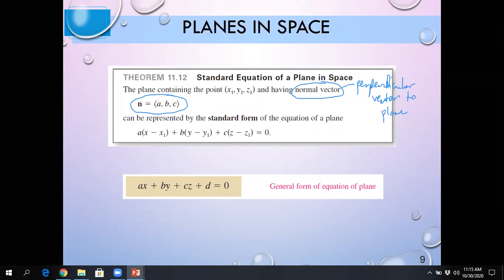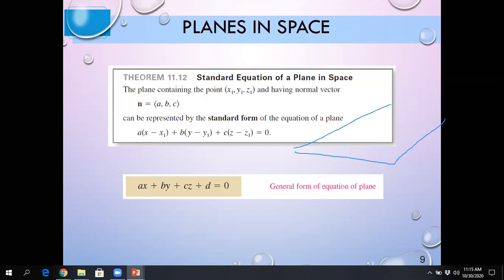to the plane. And it turns out we can use that to come up with an equation for the plane. We really just need a point and a vector that is perpendicular, and then we're able to write down the equation of the plane. How are we able to do that? Well, watch. You imagine this plane right here, and you say, I know that I have this point